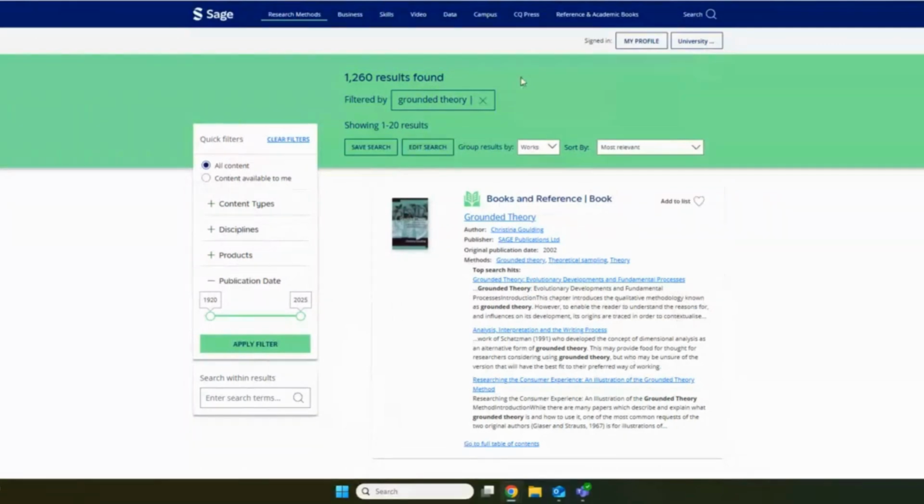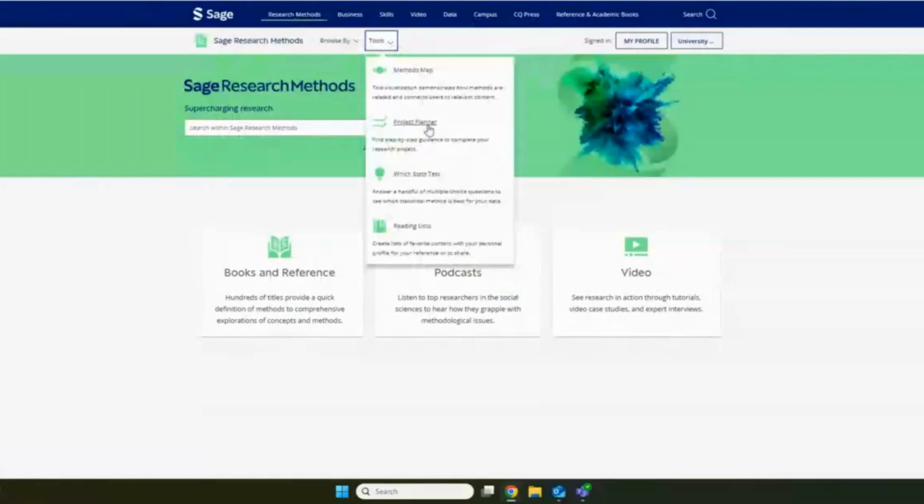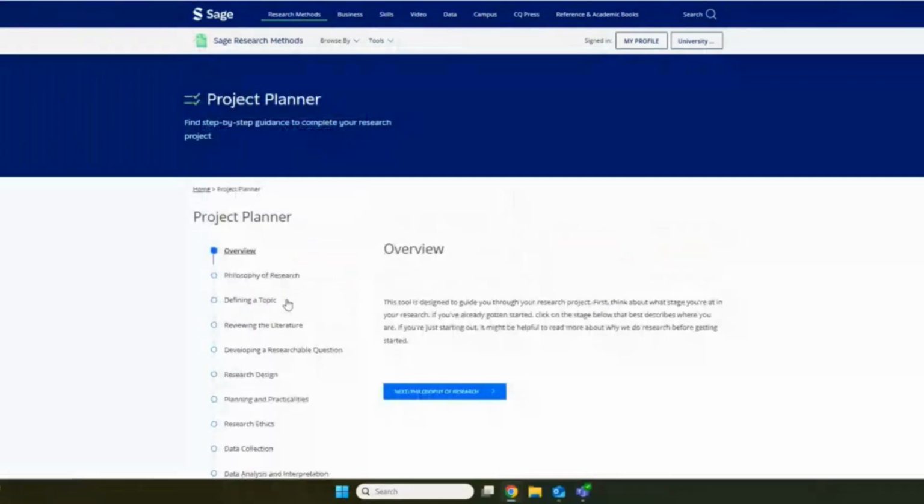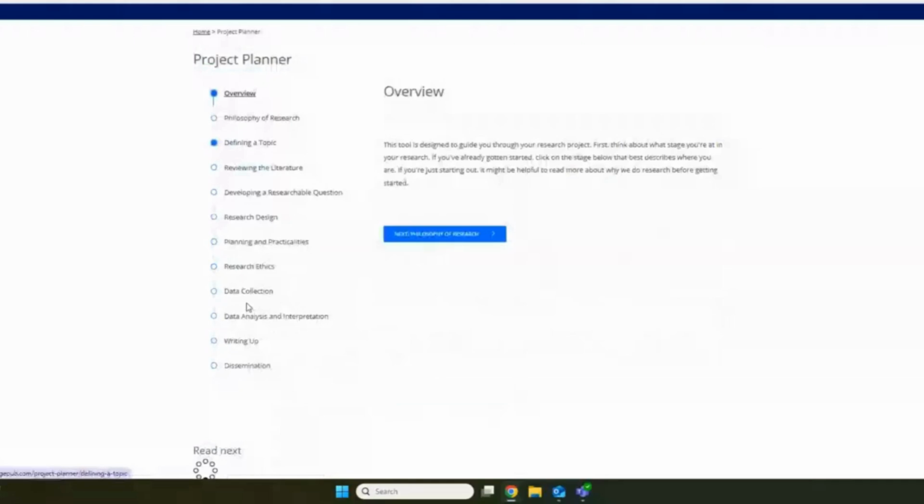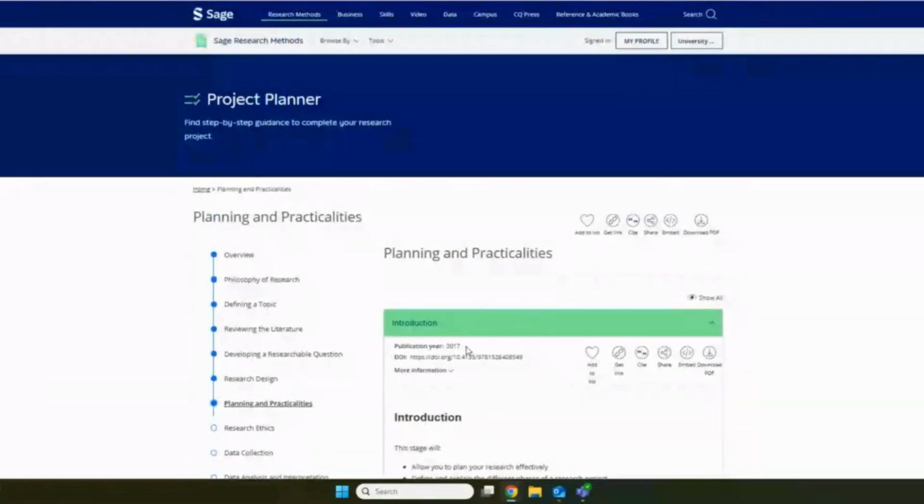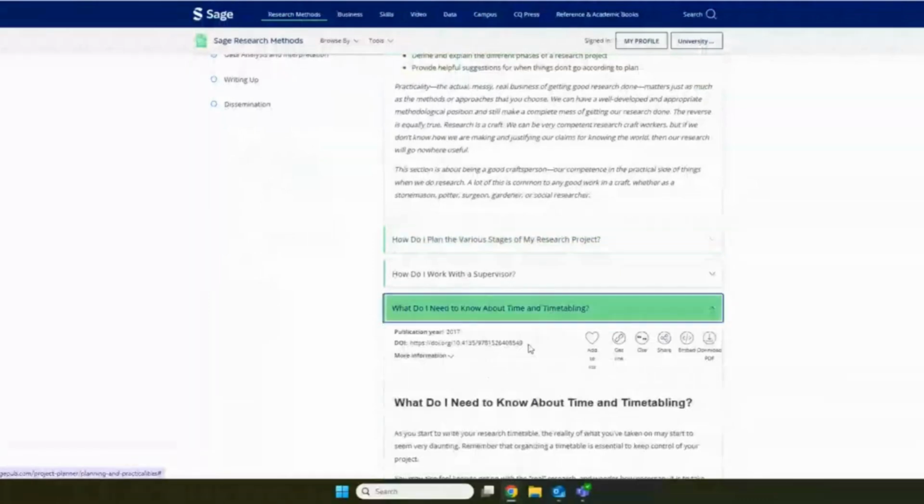One other thing I'll mention about this database in particular is that it has a fun tool called the Project Planner. You'll see it's in that Tools dropdown. And this provides a general overview of all the stages of research. When we click into each stage, it gives us even more breakdowns of questions and recommended resources for that part